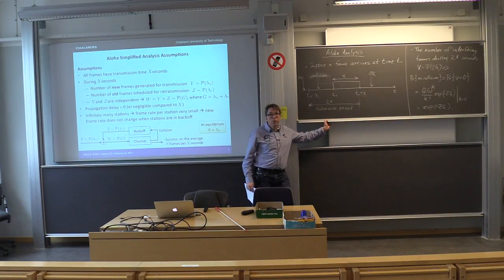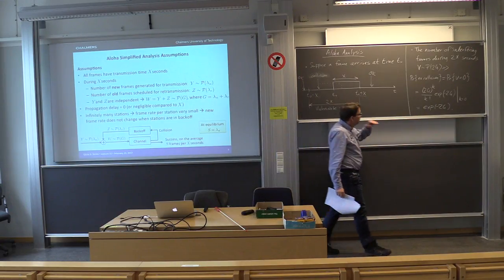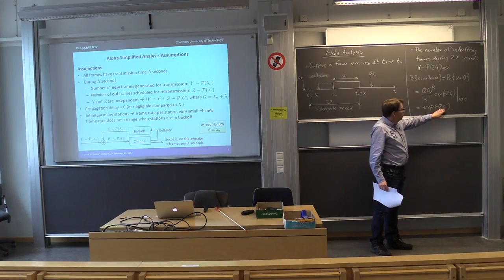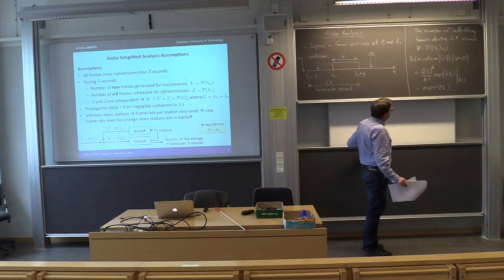So now we know the probability that there will be no collision for a frame that we transmit, and that is e to the negative 2G. Okay, which means that if G increases here, we see that the probability for success becomes smaller and smaller, which should be the case, right? Because the more frames we have to transmit, the more likely we have collisions. Okay, so now